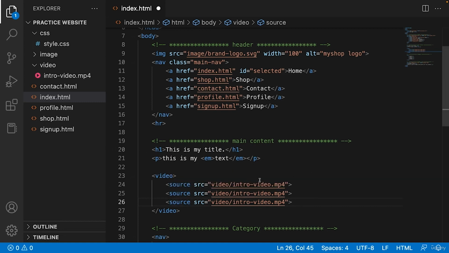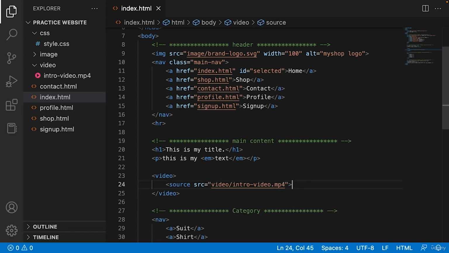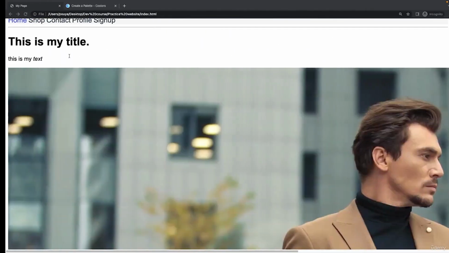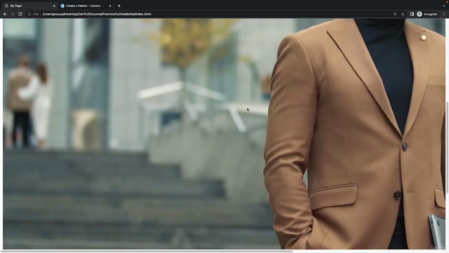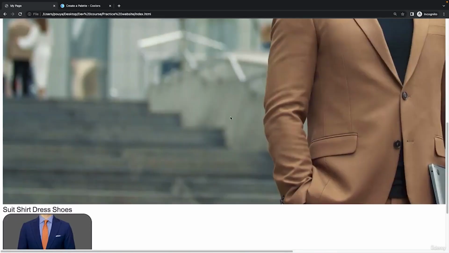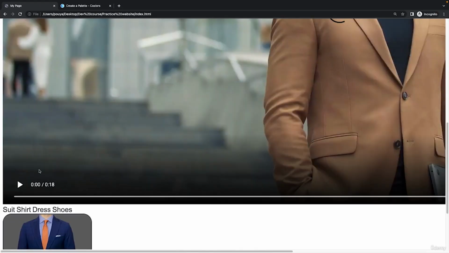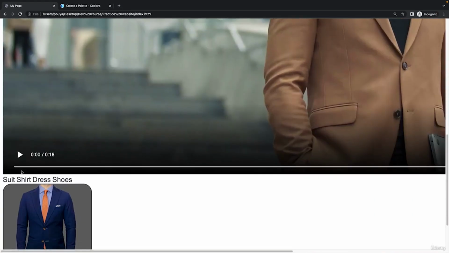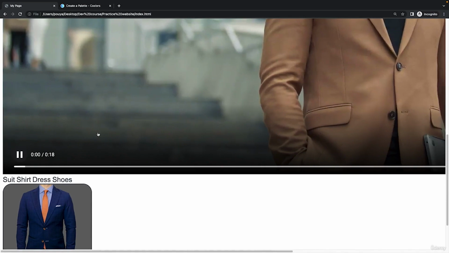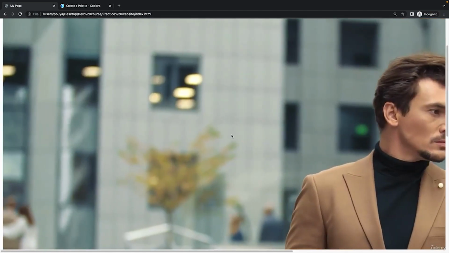So there are different reasons why we need to add different sources, but right now we are just going with one source. And if you pay attention, there is no way we can play it. There is no control bar here. And we can add that easily with an attribute in the video, and that is called controls. Just write down controls, and that's enough. And if I refresh it, now the control bar appears, and you can play it, you can pause it,